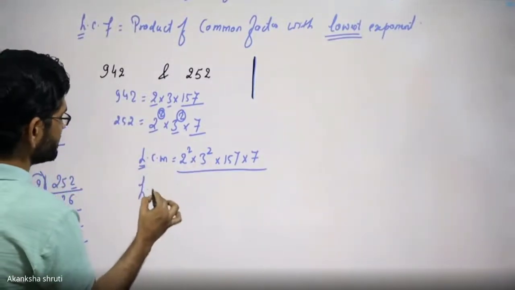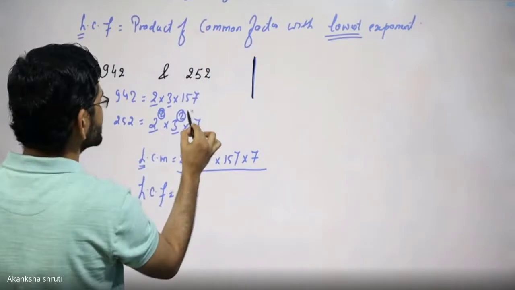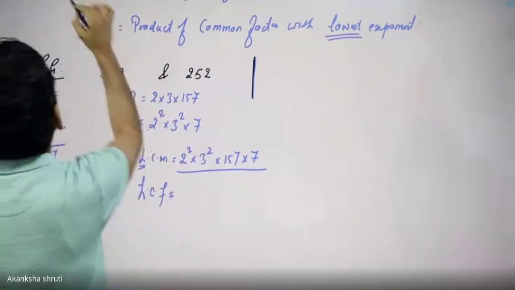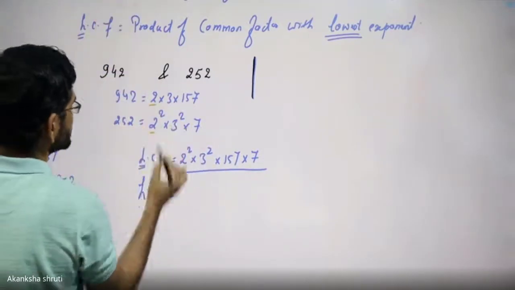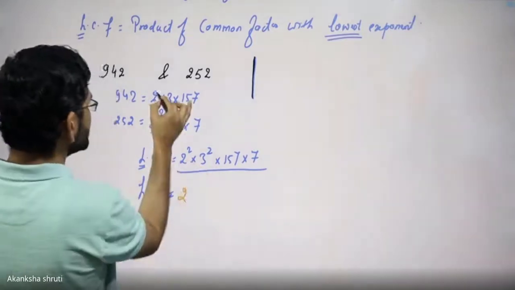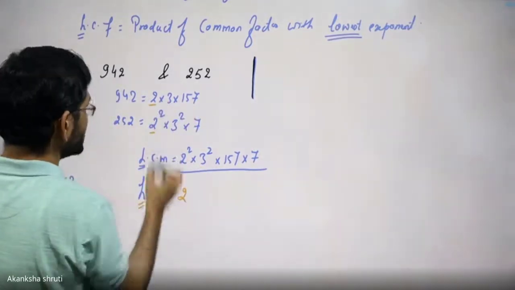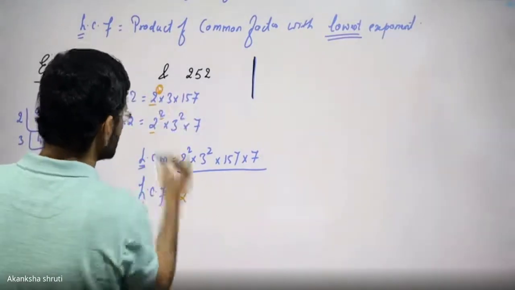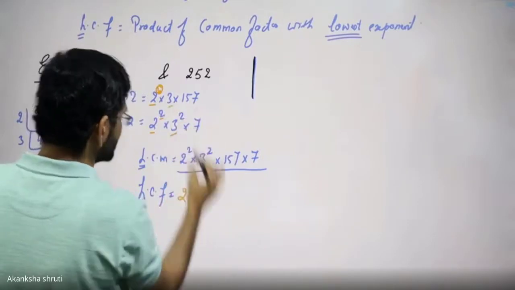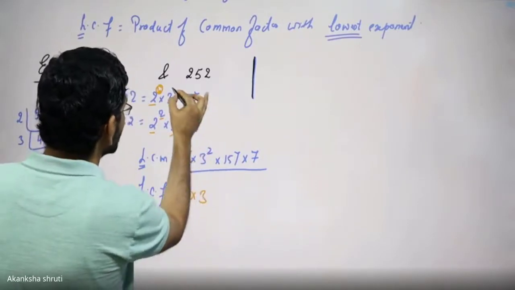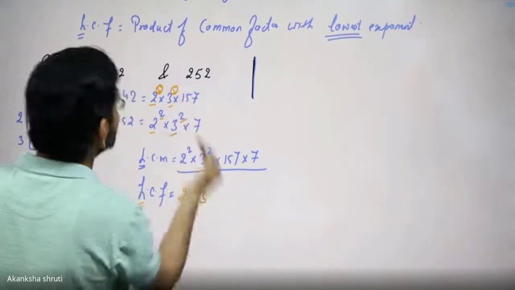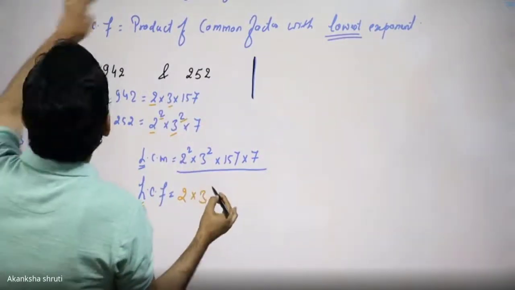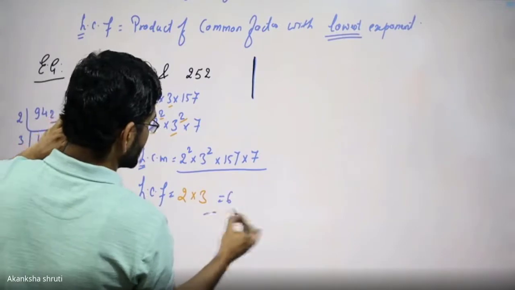For the HCF, we have to see for the common factors only, not all the factors. So we have to just compare, and here we are getting 2 and 2 is common. So we need to take this 2 with the lowest power, it is the HCF. So here it is 2 and here it is 1, so only 1 we need to take. Another common factor is 3. Here it is 2 and here it is 1. So this 1 we need to take, but 1 is not required to write, so we are just leaving it. It is only this much. So 6 is the answer. So this way we have it out.